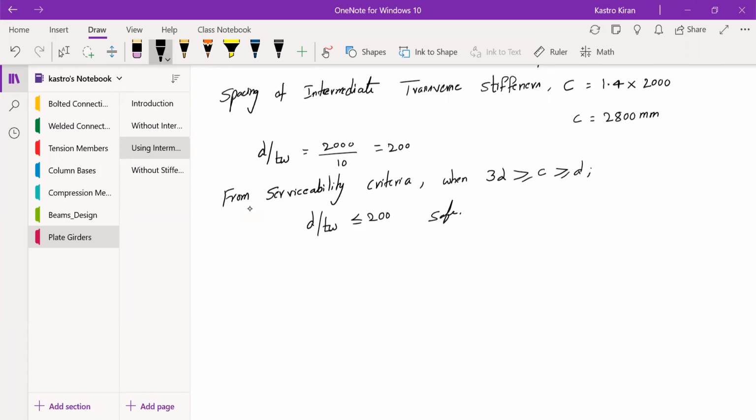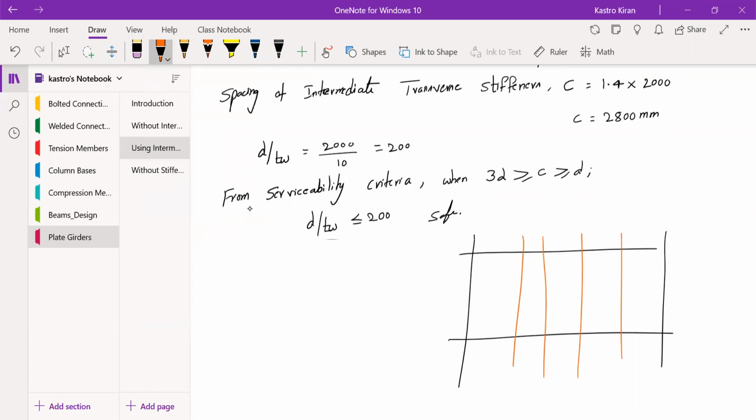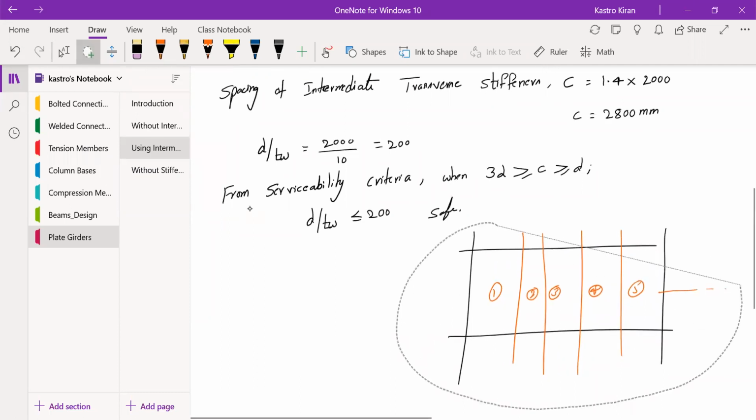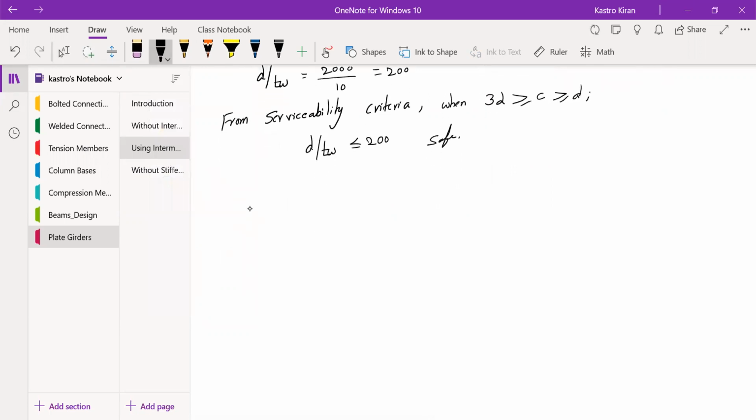I hope it is clear for all of you. Now there is an additional thing which you have to do. When you are providing intermediate transverse stiffeners, you need to find out how many panels are going to form. In the diagram, these are the end stiffeners, and if you are providing the intermediate stiffeners, you have to find out how many panels are getting formed. This is panel 1, panel 2, panel 3, panel 4, panel 5, likewise. So you have to find out the number of panels now. I'll let you know how to find the number of panels. So the number of panels formed by stiffeners equals